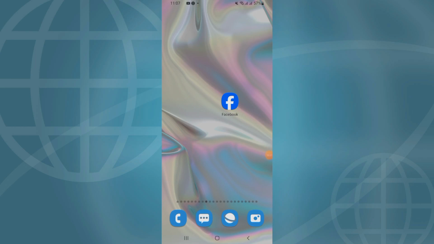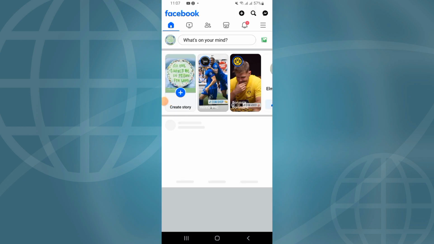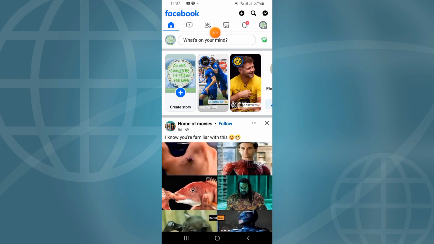Hello everybody, today I will show you how to get Marketplace if you miss it from your Facebook. So all you have to do right now, guys, is check that you don't have Marketplace. For me, I have it. For the people who don't have it, you should go first to your settings